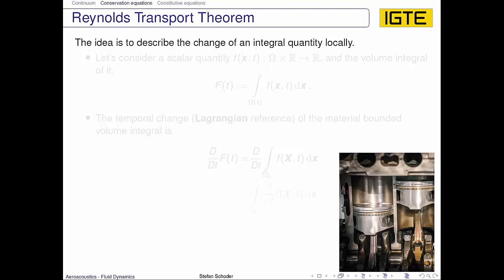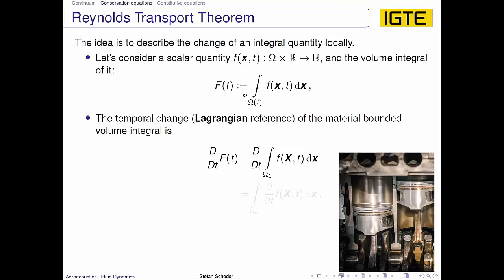And this Reynolds transport theorem helps us to express this local change within formulas and then derive some physical equations like the Navier-Stokes equation and so on. For this, let's consider that we have a quantity which is a map from a volume and some time evolution to some real numbers, and the integral of it is like the following: